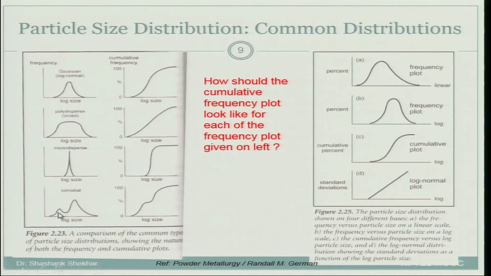And this is how the cumulative plot would look when you have a bimodal distribution. So, you have one mode here, another mode over here. In terms of the cumulative plot, what you see is a step, a saturation, and then again it starts to increase beyond a certain point. So, these are the different kinds of cumulative plot that you can obtain.